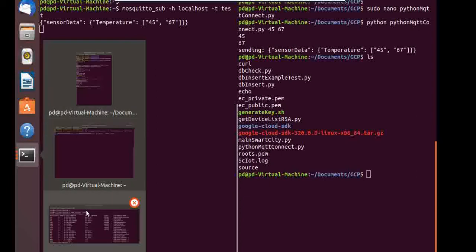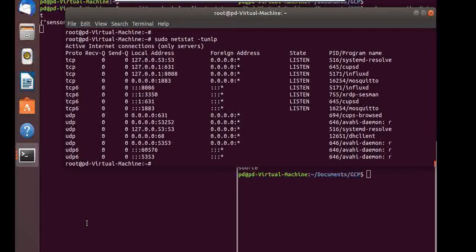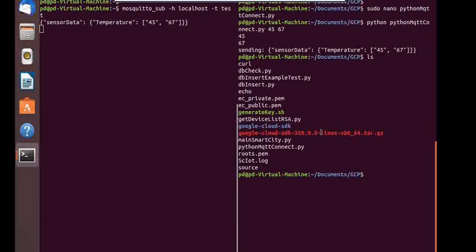On my computer, as you can see here, I have defined one port, 8088, which is listening to InfluxDB messages, and once I try to insert any data, it will go into this InfluxDB database. This is also a Python program which I will briefly go through.